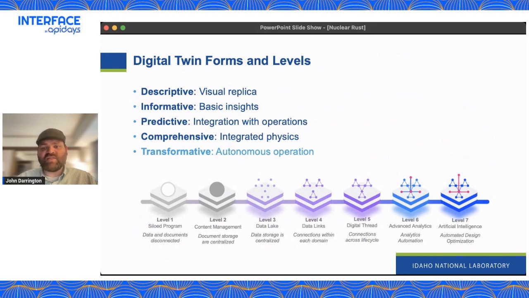And we eventually connect all that data, up through levels 3 and 4. But the culmination of digital twin work, or at least the culmination of an actual digital twin, is having a model that streams live data into it, that has predictive analytics on top of it, and then has a feedback loop into an operations control, so that the digital representation of this physical asset can interact with the physical asset that it's twinning, and be able to run changes, to be able to change settings, to do whatever you would